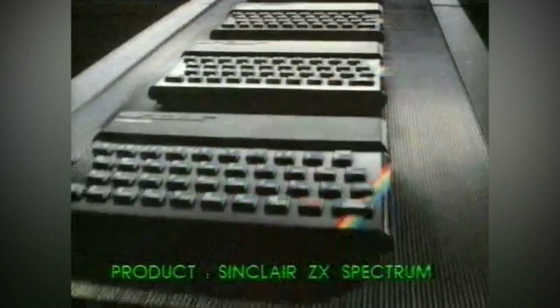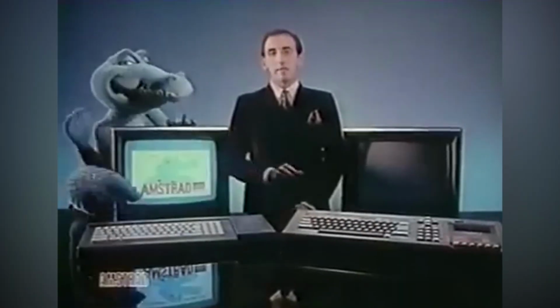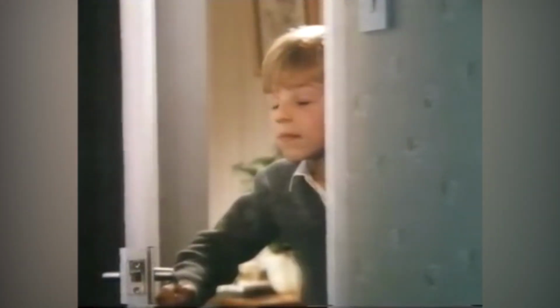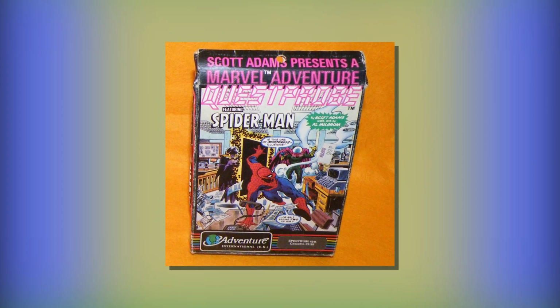Over in Europe, on the other hand, the microcomputer revolution was taking place, meaning that gaming was flourishing, resulting in profits in the region the likes of which had never been seen before. This would result in a whole slew of systems people were gaming on that were far more technically advanced than the basic Atari VCS console, which of course meant there would be multiple Spider-Man games published for the benefit of